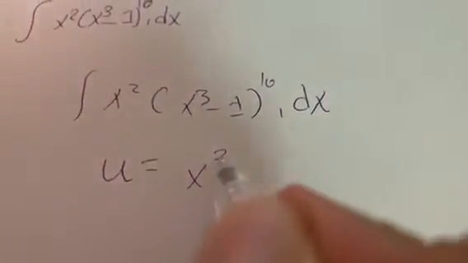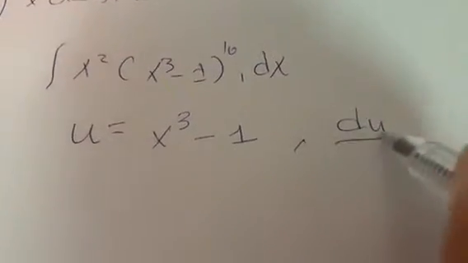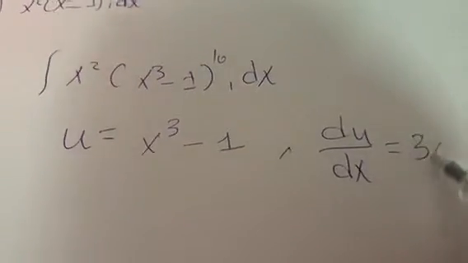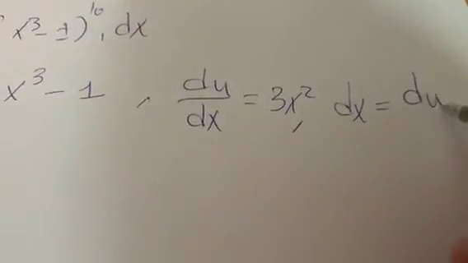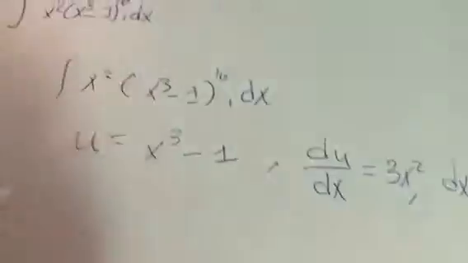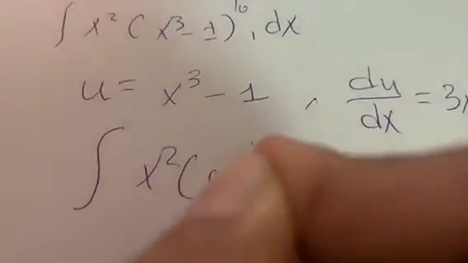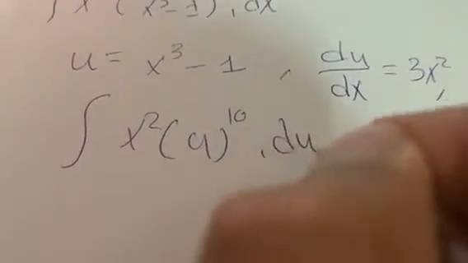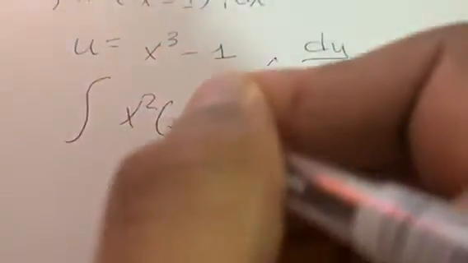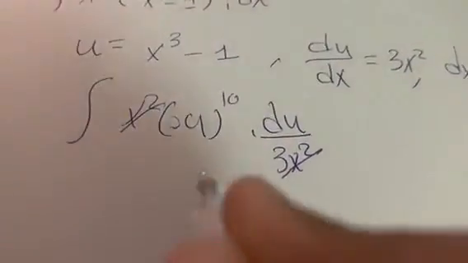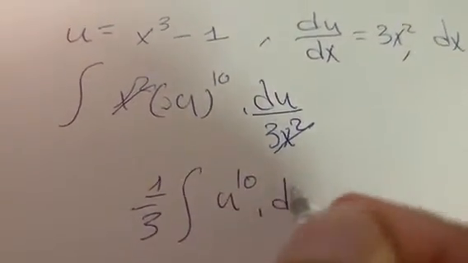So u is equal to x cubed minus 1, and so du over dx is equal to 3x squared, and so dx is equal to du over 3x squared. So the integration is x squared multiplied by u to the power of 10 du over 3x squared, and we cancel x squared with x squared, so we have now 1 over 3 u to the power of 10 du,